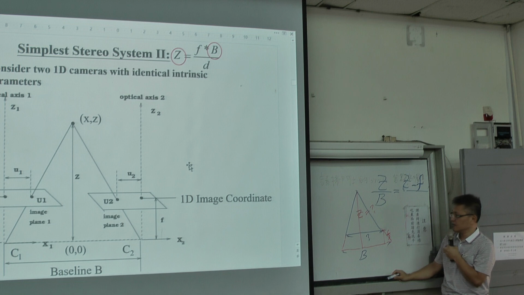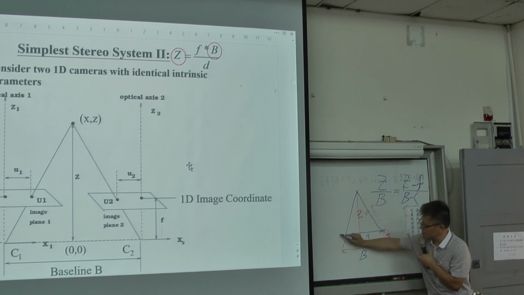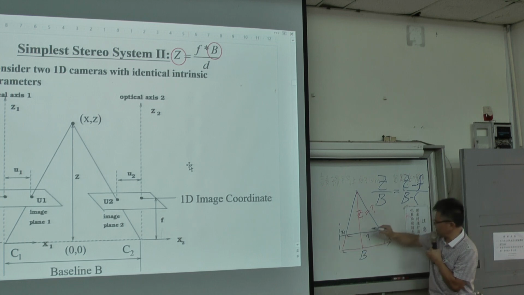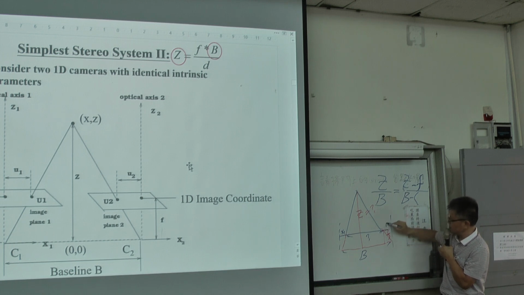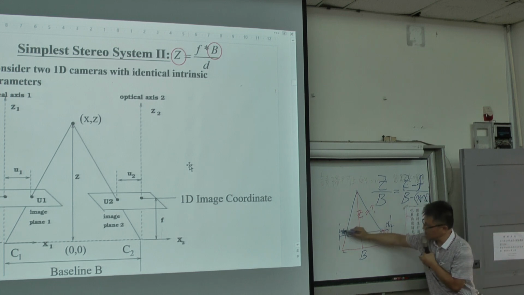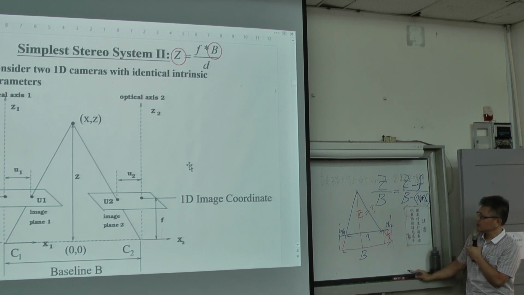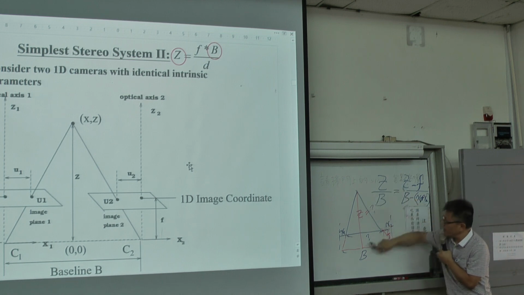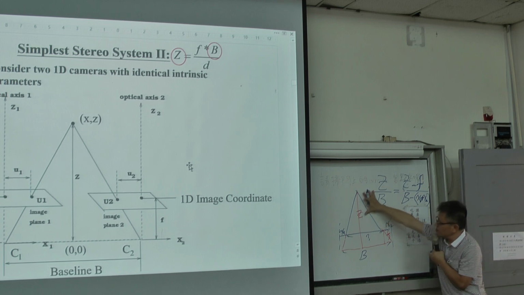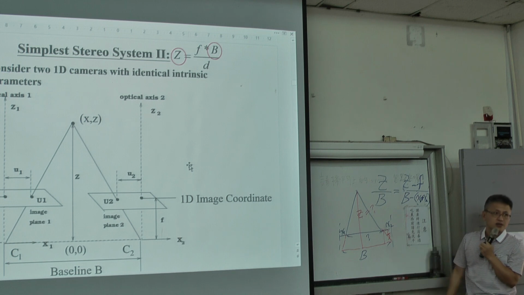But what is this one? This one is b minus this, because this is x1, and this is x2. 就这样，这样是 x1 减 x2。如果它是讲向量，这样基本是 x1 加 x2，我待会再解释给你。So z height compared with baseline is equal to the small height, so (z minus f) over z... 就跟 f 比 b, 那 b 就是 b minus x1 加 x2, 就这样。